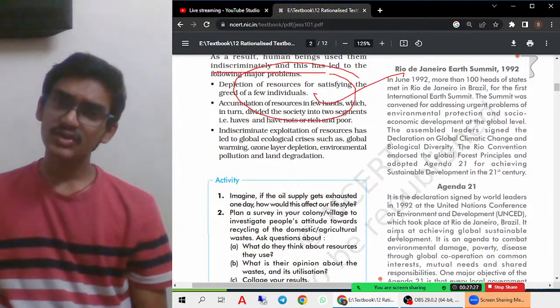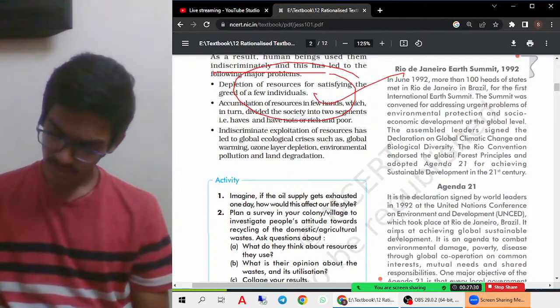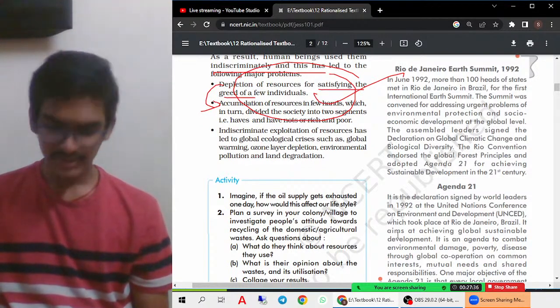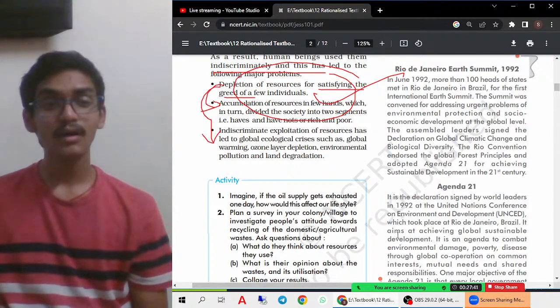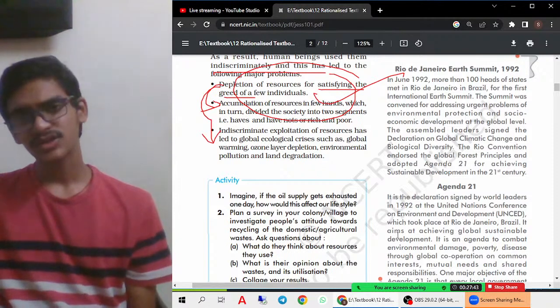So because of depletion, and because of satisfying the greed of a few people only, it is dividing the society into haves and have-nots. In a similar way, it is also causing air pollution,